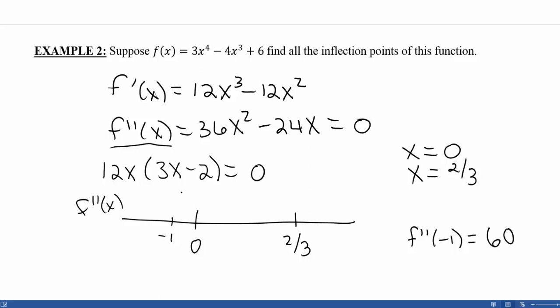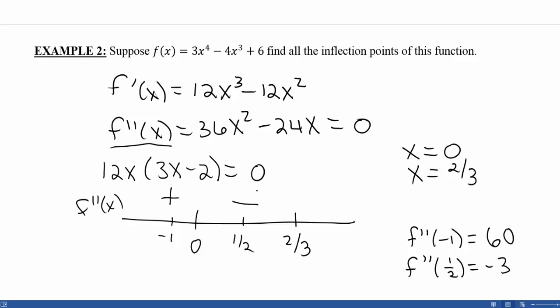+60. And so again, I'm interested in whether it's positive or negative, but here I know that all values less than 0 are going to give me a positive second derivative. I also want to test something between 0 and 2/3. So I'm going to plug in 1/2. So if I plug half into my function, I'm going to get -3. So that tells me that all the values between 0 and 2/3 are going to give me a negative